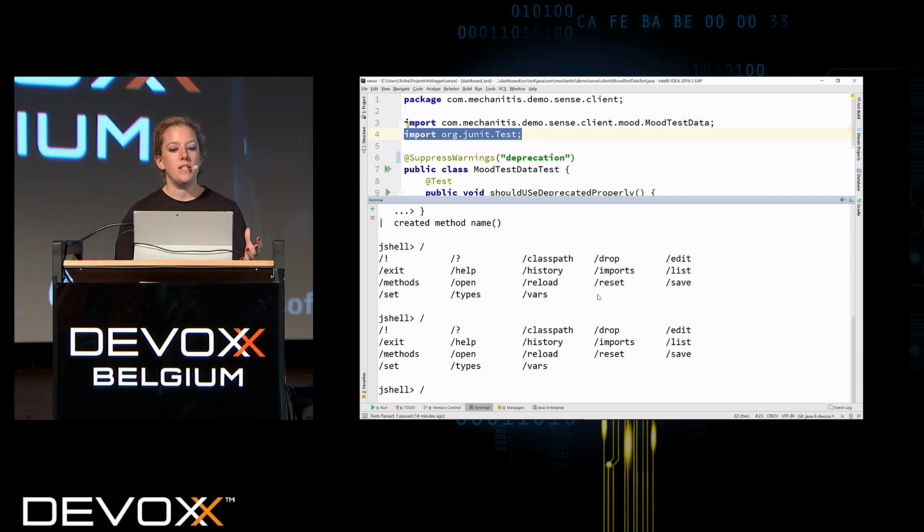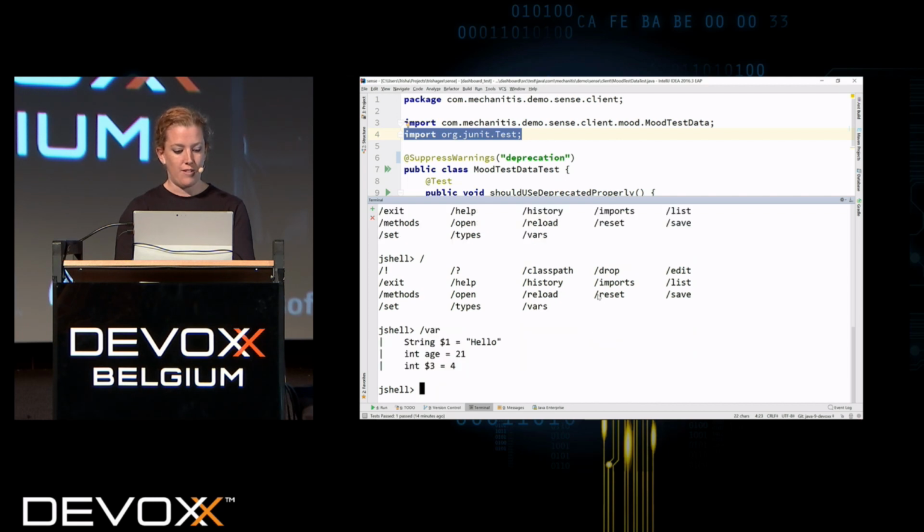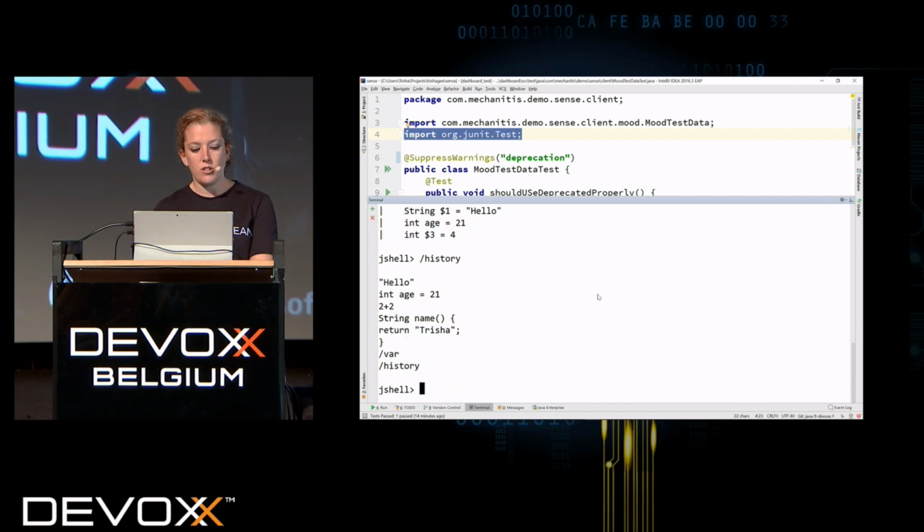The thing about the REPL is it's not just simply parsing Java. It's a fully featured thing in its own right. So I can do commands like have a look at all the variables that I've defined so far. I can look at my history. I think history is quite useful if you wanted to copy and paste some of that into, say, a script or into something that you're going to turn into a more fully featured Java thing.